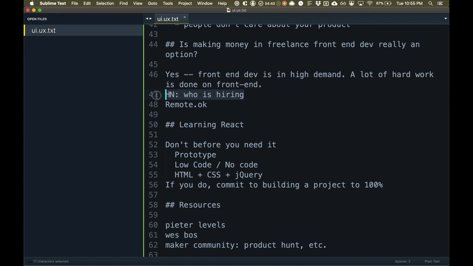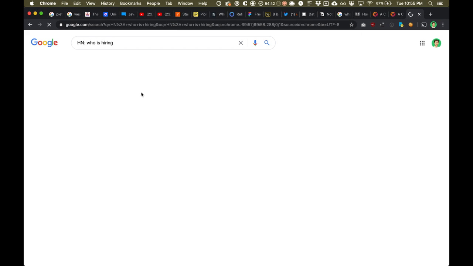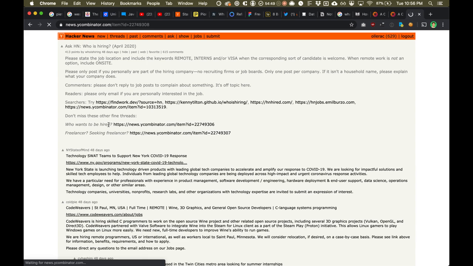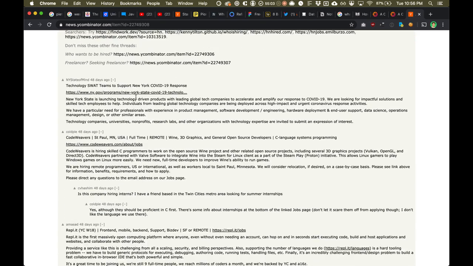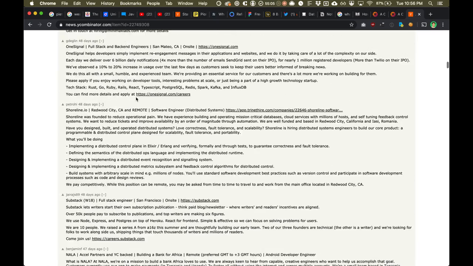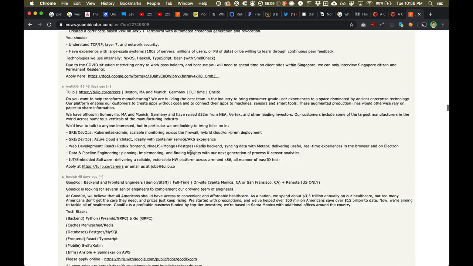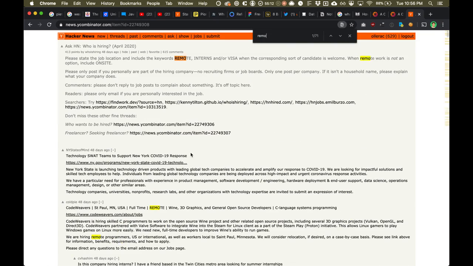Okay, if you want to see who is hiring in this space, you can go to Hacker News, the Who is Hiring thread. So usually every month, Hacker News, this is another great website you probably want to check out if you're in the web development space. They have a lot of really great articles every day. But every month they have a thread about who is hiring, and you can just scroll through this for a small idea of all the different places that are hiring.